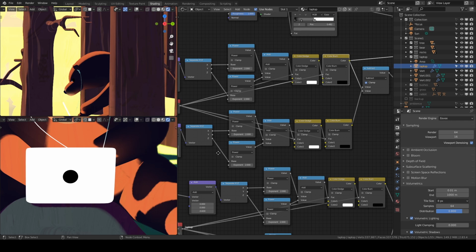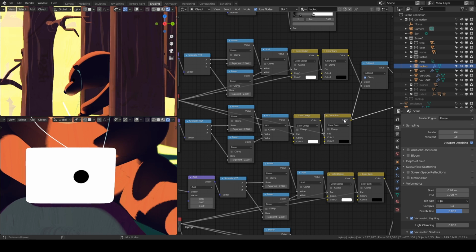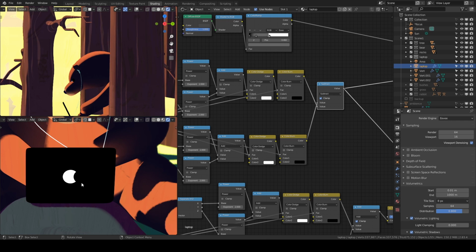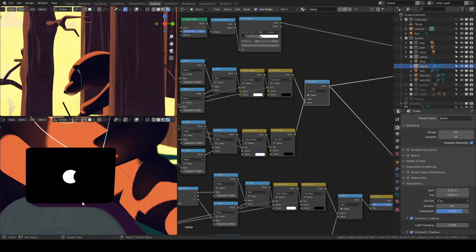Similarly, I create a second version of this circle which is slightly offset to the right. Now I can subtract this circle from the leftmost circle to get a shape like this, and I am clamping it so that you won't get a different kind of color or glow here.